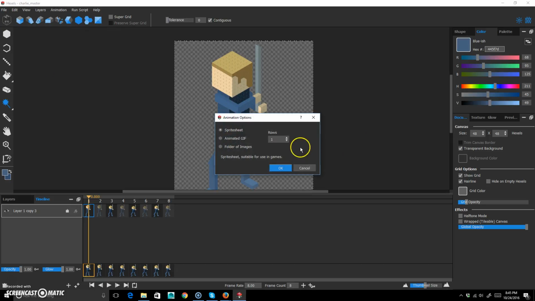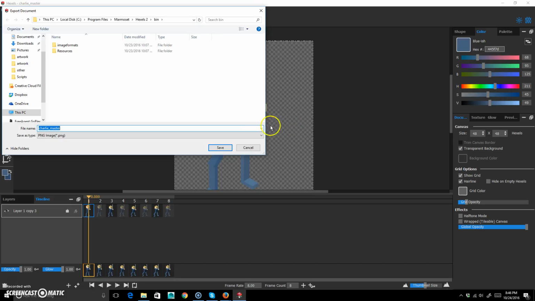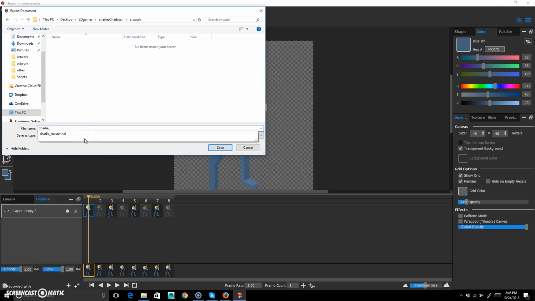Okay, and then we'll do File, Export Animation. And so I can actually export a sprite sheet, and I can tell how many rows I want. So let's do, let me see, it goes up to 8, so we do 2 rows, and I will hit OK, and it's going to ask where I want it, and I'm going to go right to the desktop, 2D Games, Charlie's artwork, and it's not going to be called Charlie Master, it's going to be called Charlie,